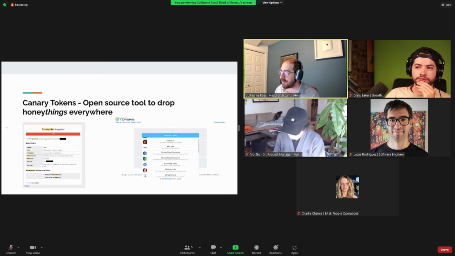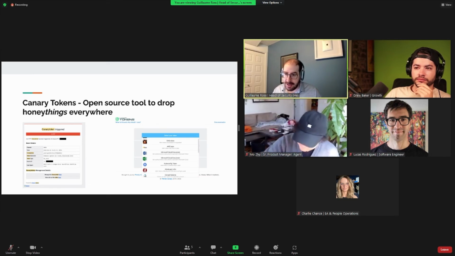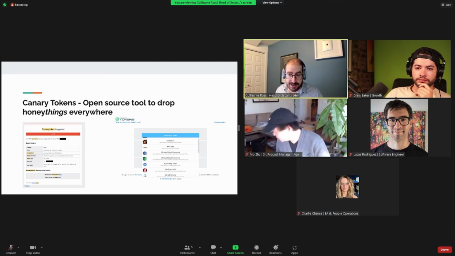A good example of that is, again, thanks to them being open source, they have other open source tools that you can use. One of them is Canary Tokens. Tokens are essentially a way of getting notified about activity that relates to different types of files or different types of tools. For example, you could create a Microsoft Word or Excel document, put real data in it,